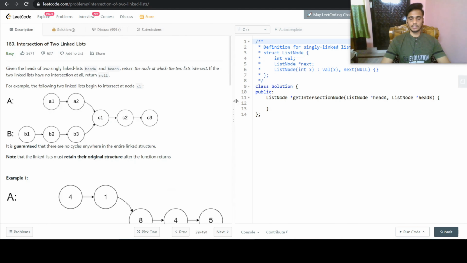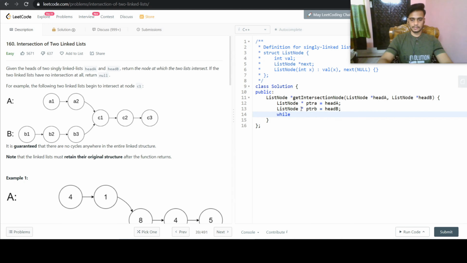So we have discussed the intuition behind the solution. Let us code it also. So what we are doing here is we are having two pointers. One is ptrA, which will be equal to headA, and another one is ptrB, which is pointing to headB.